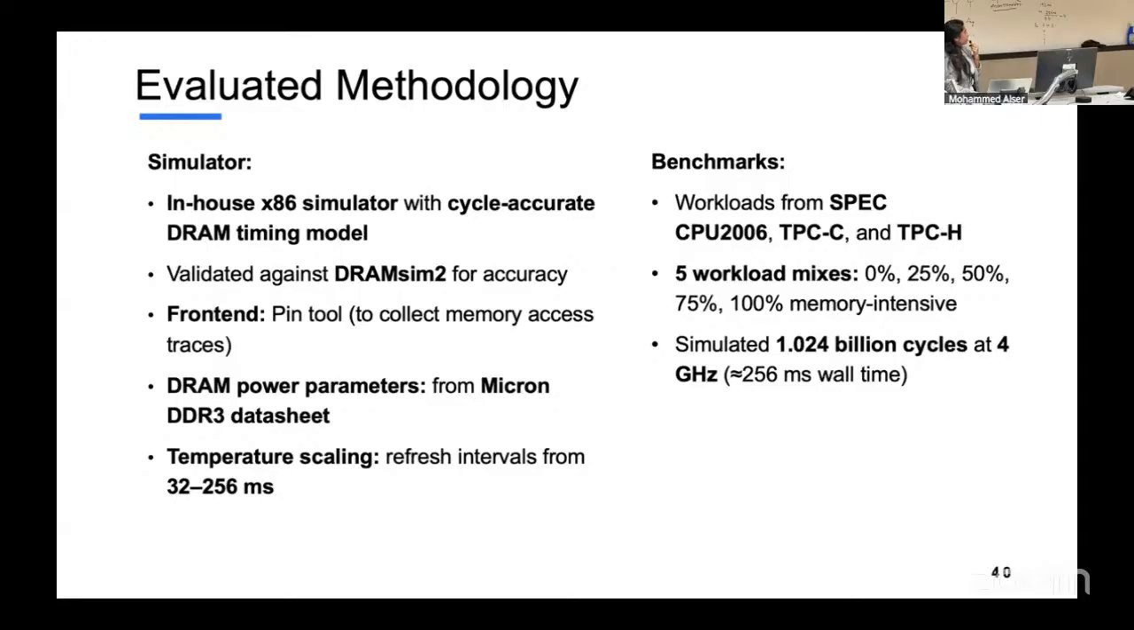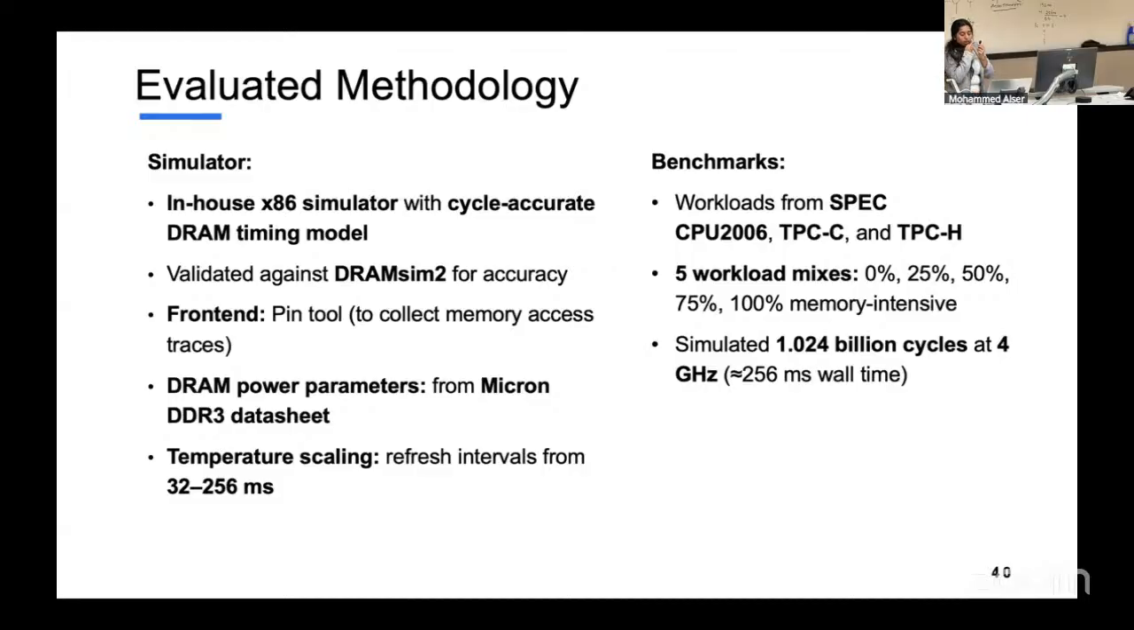And here are the benchmarks. They have considered the workloads from SPEC CPU 2006, to test whether it is consuming CPU, memory controller, and everything. TPC-C has been used for database transactions, and TPC-H is used for decision-making analytics support. And they have considered the workload mixes from 0 to 25, and they have simulated